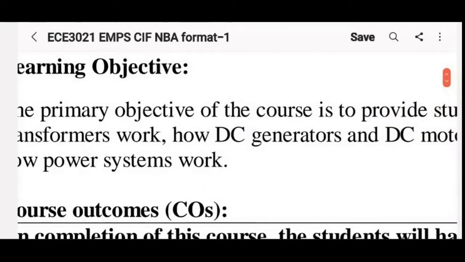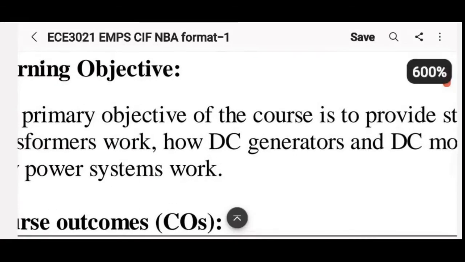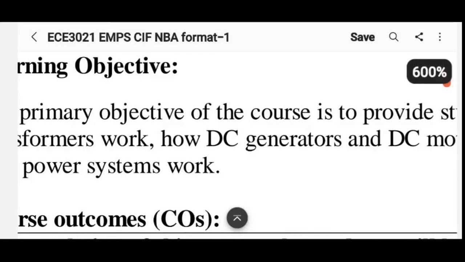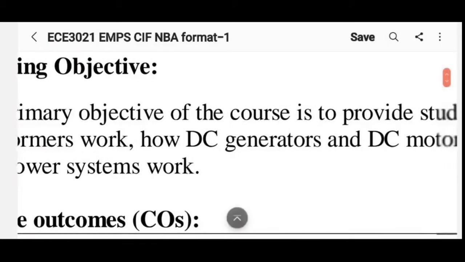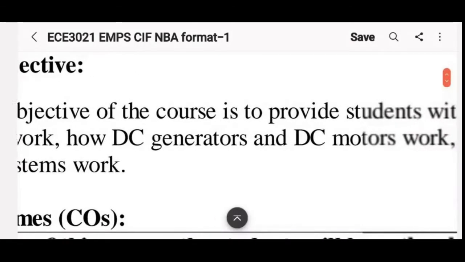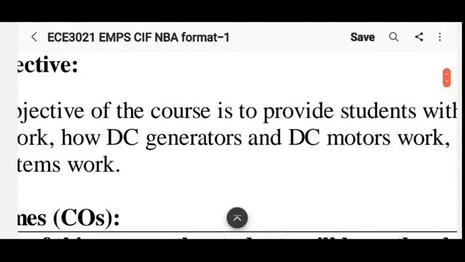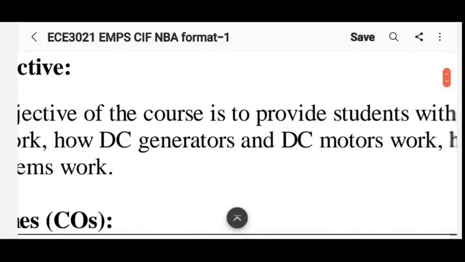Generators and motors are combined together under a single word, machine. Generators produce electrical output and they take rotary mechanical power input. The electrical output could be AC or DC. If it is AC, then we call it AC generator. If it is DC, we call it DC generator. Motors take either AC input or DC input and produce rotating mechanical power, rotary mechanical power.